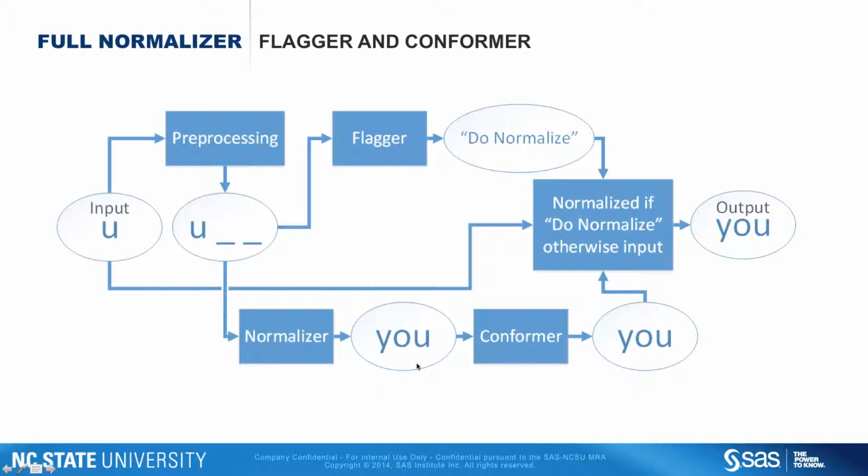Meanwhile, the normalizer guesses a normalization and then sends that to the conformer. I'll talk more about this pretty soon. But the conformer, its job is to take the word that the normalizer has predicted and just fix any little errors by pointing it to the closest word in the vocabulary. And I'll say that in more detail soon. So then we either output the original input if we didn't need to normalize, or we output the normalized, conformed version.